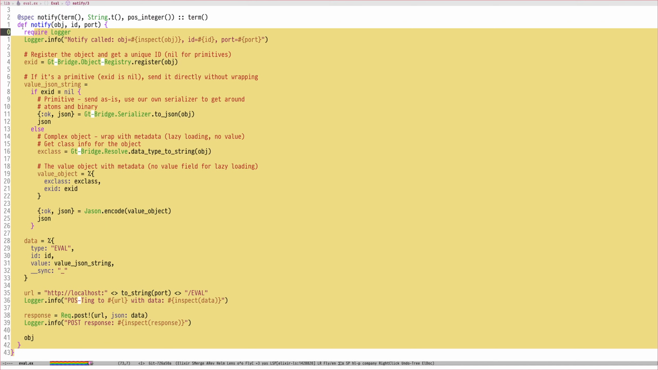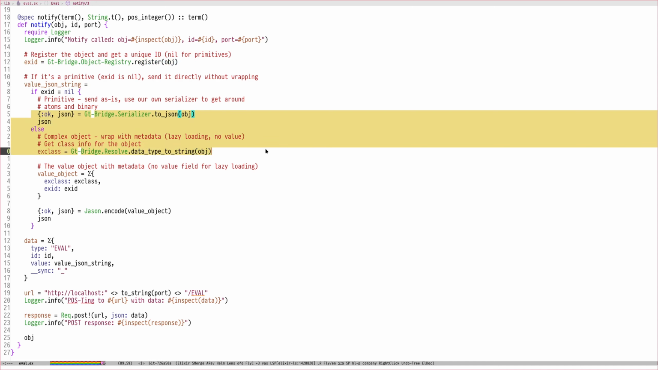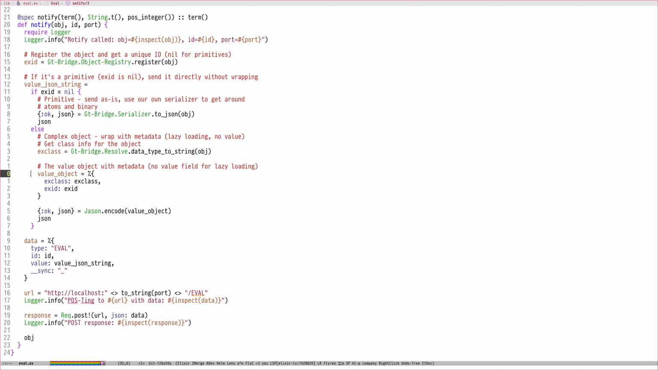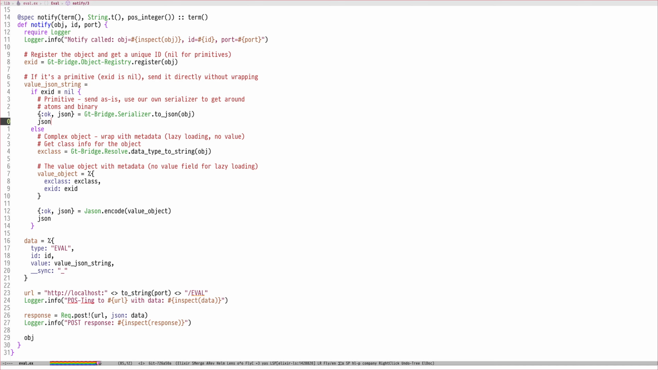But there's this notify function. What's interesting is that it doesn't take the response from the HTTP. It expects to get an encoded value at this location of localhost/eval for some reason. I don't know why it works like this, but it does, and it's quite simple. We just get the ID from the registry. We end up serializing it with our special serializer, and then if it's a primitive type, we don't even bother